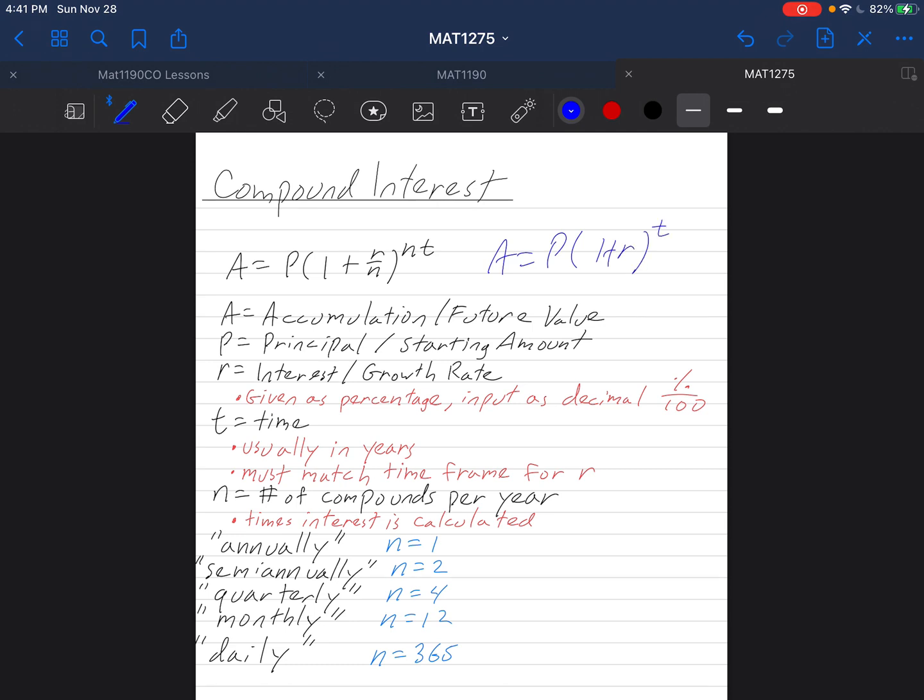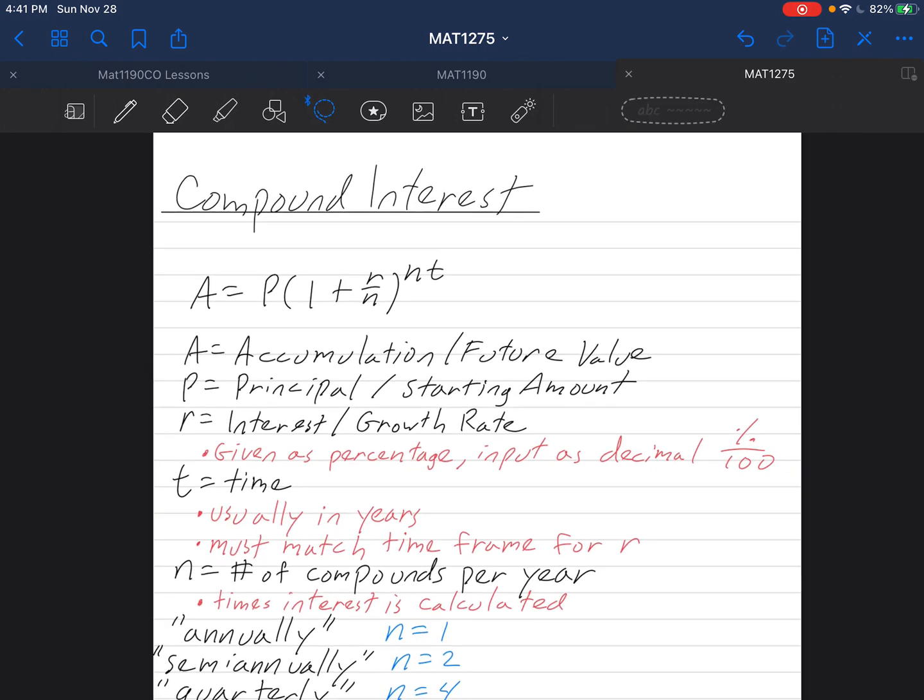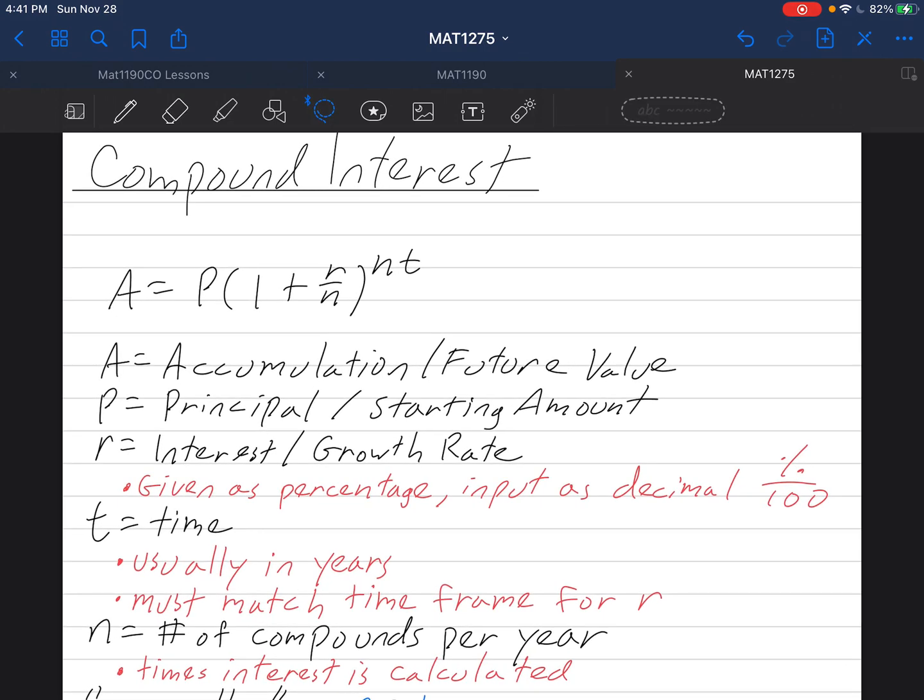This was the formula for exponential growth. Now the way money grows, also exponentially, is going to have a slight wrinkle to it. So let's go over it. We see a similar looking formula here, except instead of being raised to the t power, it's being raised to the n times t. And in the parentheses, instead of r, the interest rate, it's divided by this same number,